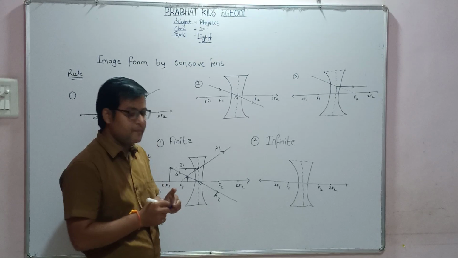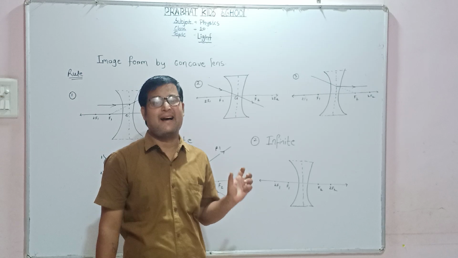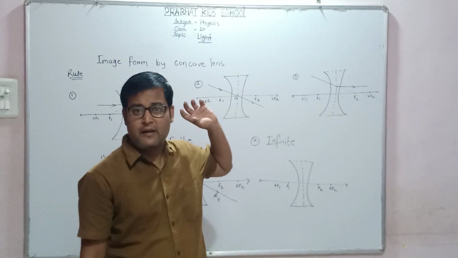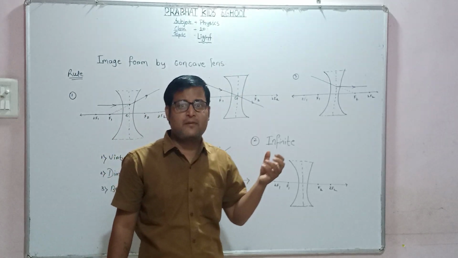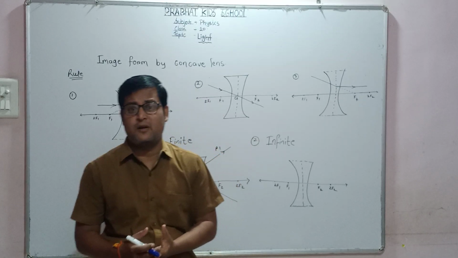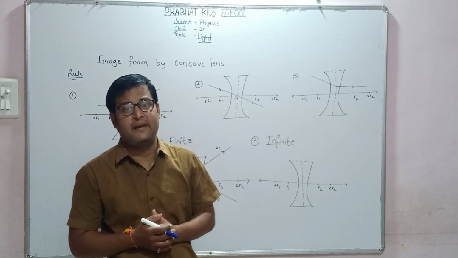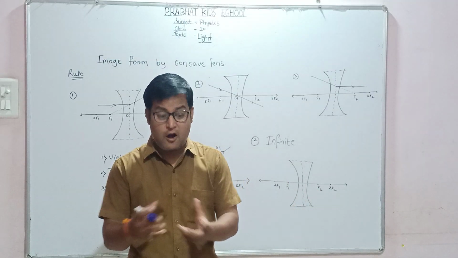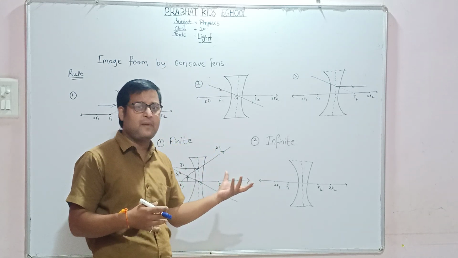Dear student, you know, if the object is placed at infinity, it means all the rays are parallel. All the rays which are coming from the object are parallel, because infinity is a non-measurable distance. The Sun, we consider the image of the Sun to be at infinity, or while tracing the path of the image in the laboratory, the windows of the laboratory we consider as infinity. Infinity means not measurable on that optical bench, whatever the instrument we have for tracing the path of the image.